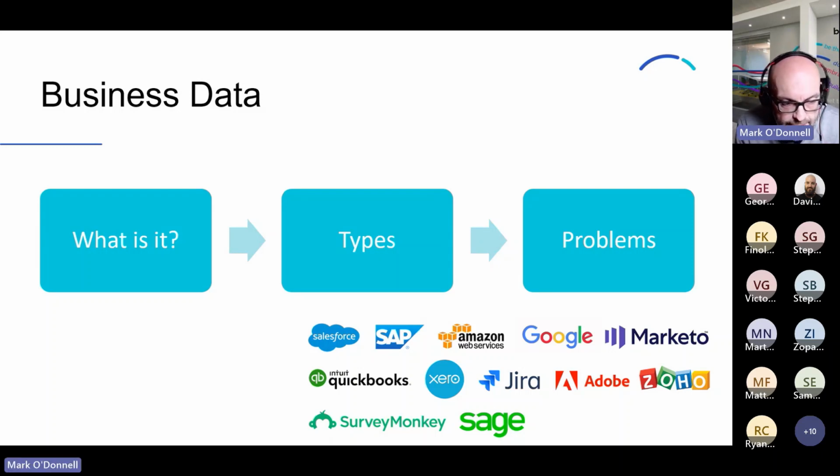However, the independent nature of these systems can lead to some problems, and these problems often show up in the data. So what kind of things am I talking about? Typically, it's data silos, where data is stored and managed in isolated systems or departments within an organization. This means that different departments or teams may have their own data repositories, which are not easily accessible or shared with other departments or teams.